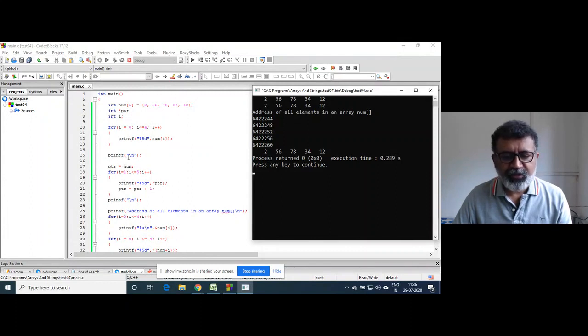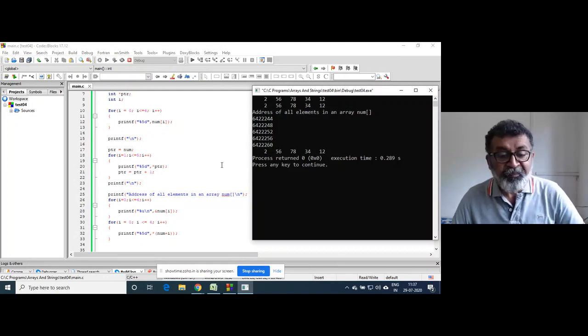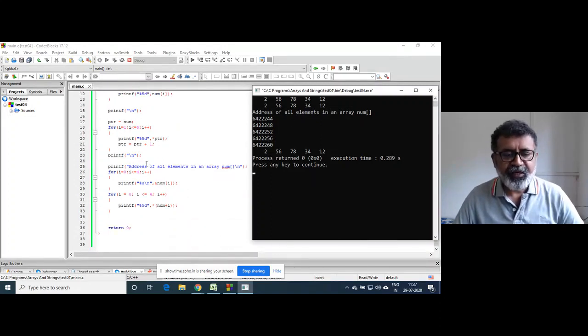Then slash n. Then we stored the address of the first element by writing ptr is equal to num, and once our pointer starts pointing to the first element of the array, that is 2, using star of that, the value 2 is printed. ptr is equal to ptr plus 1, so ptr will point to 56 and print that. In that fashion the whole array is printed.